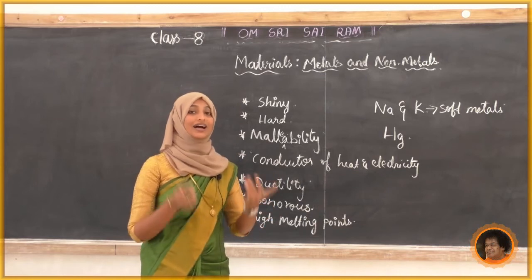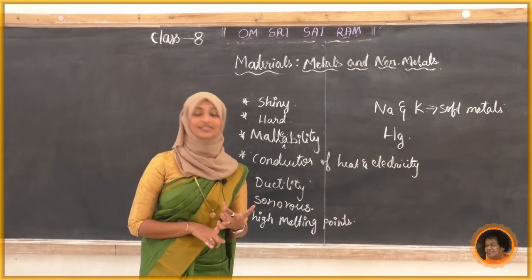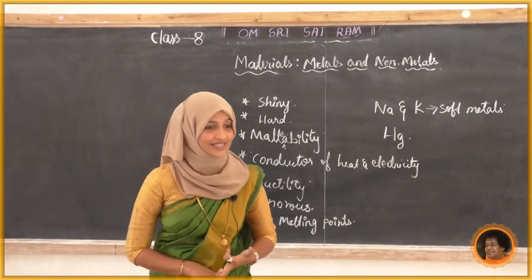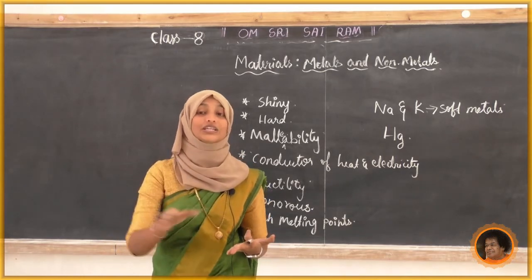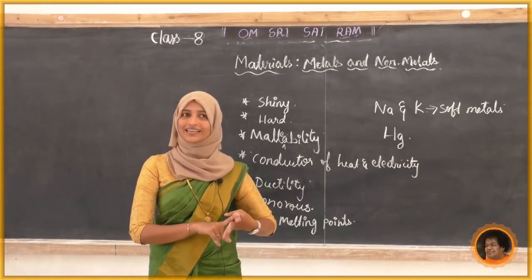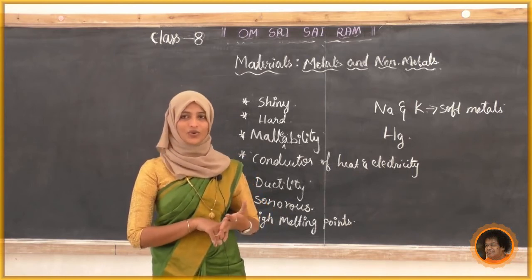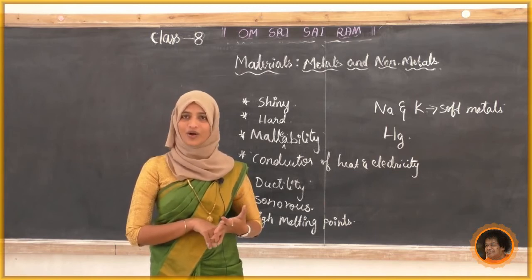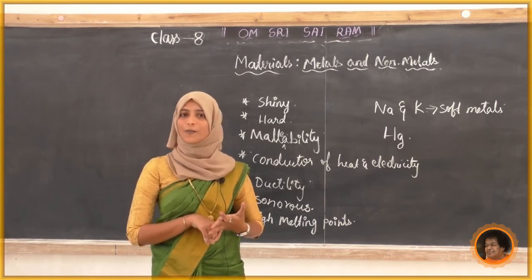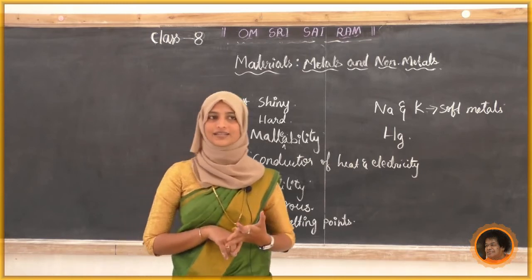So first property is they are very shiny, that is lustrous. Lustrous property it has. They are very hard. Upon that, third property what? Malleability. We can beat them into a sheet. Yes. Fourth property, they are very good conductors of heat and electricity. So we are using metallic electric wires. Usually we are using copper. Upon that, silver is also a very good conductor of heat and electricity.